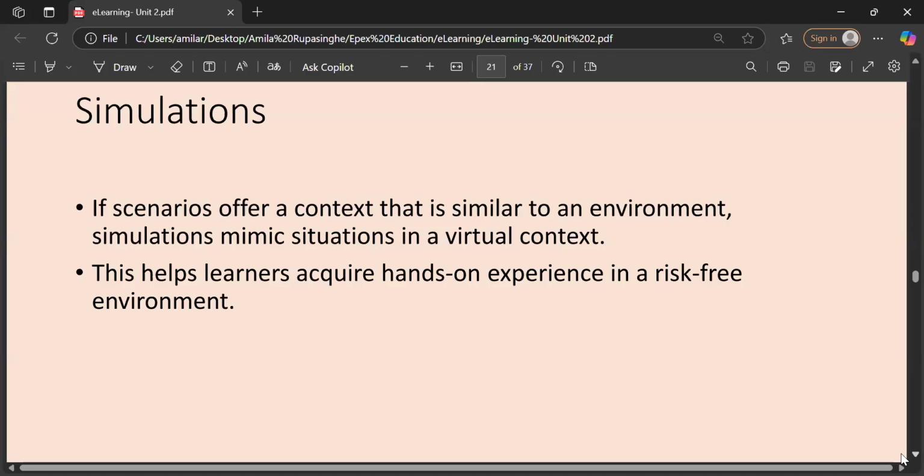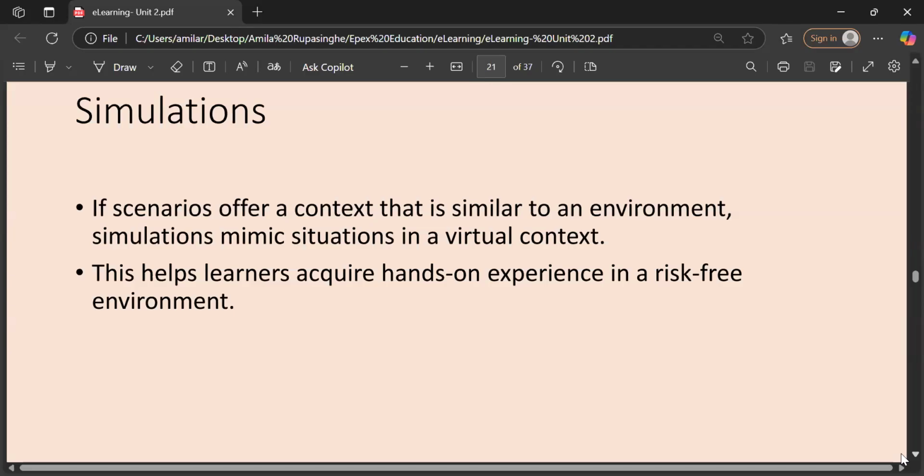So sometimes there are places and situations that we can't reach, right? Sometimes due to the risk, due to regional geographical constraints, time constraints, economic constraints, we can't reach some places.